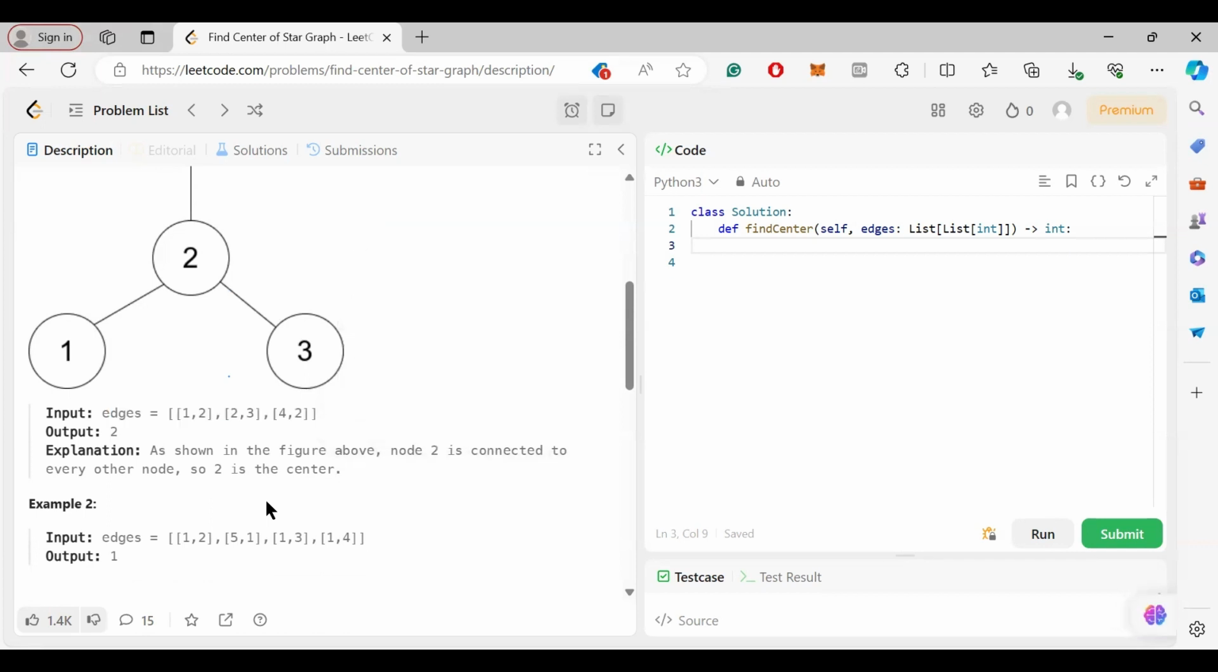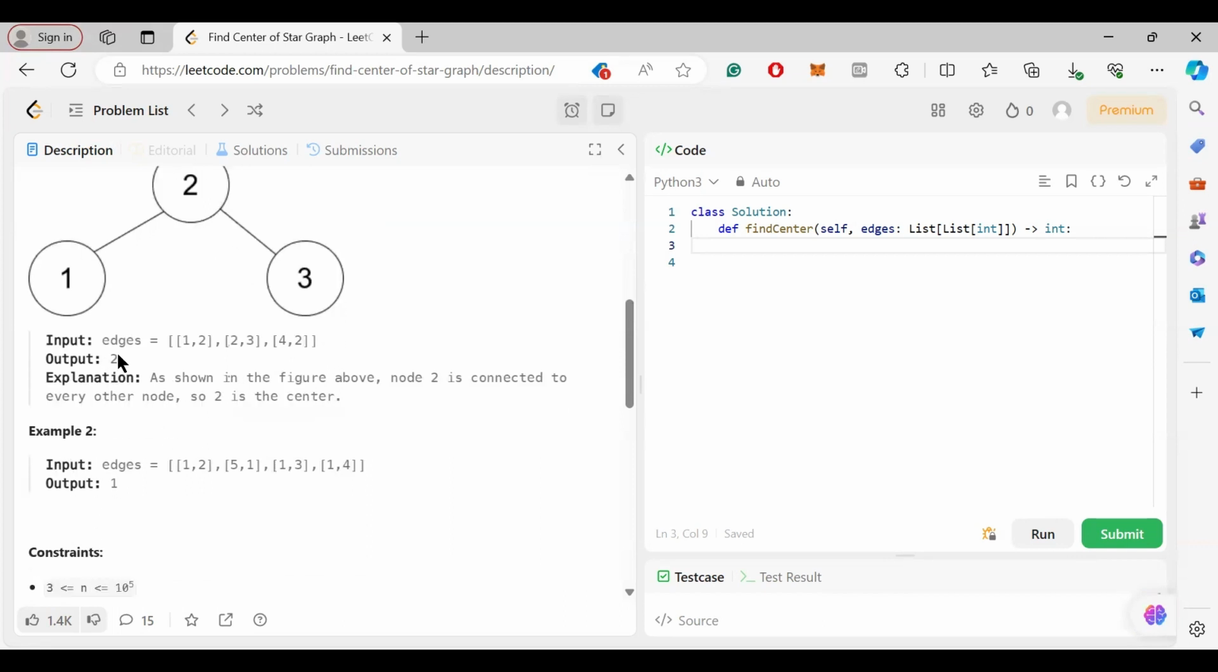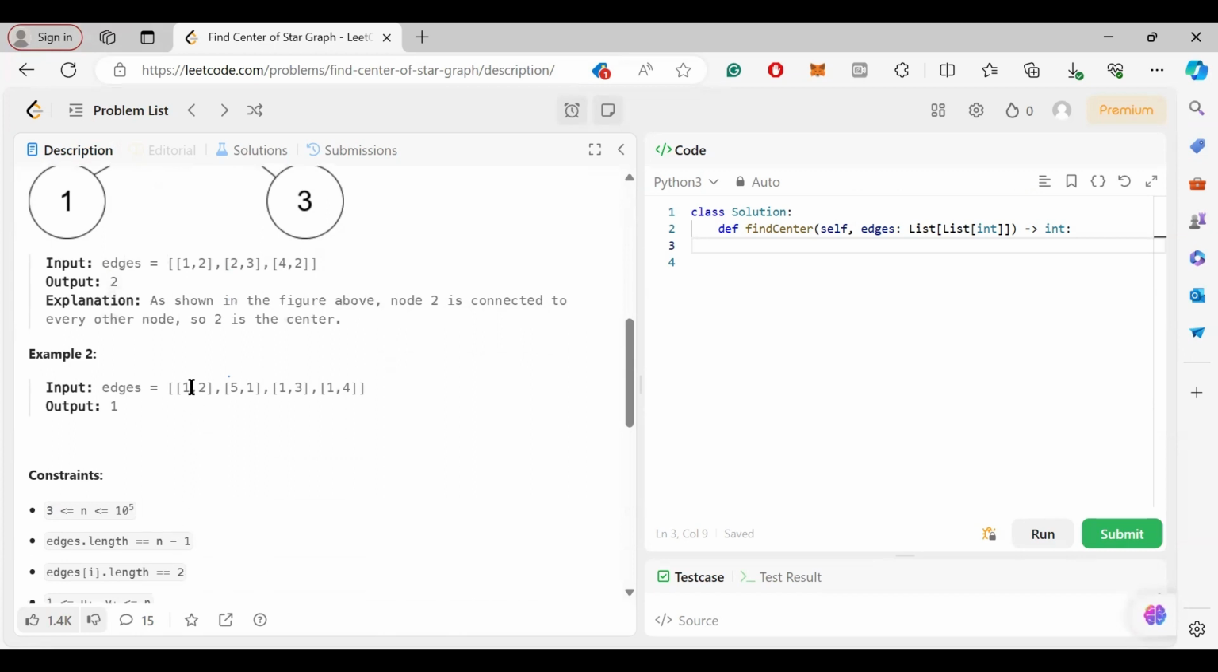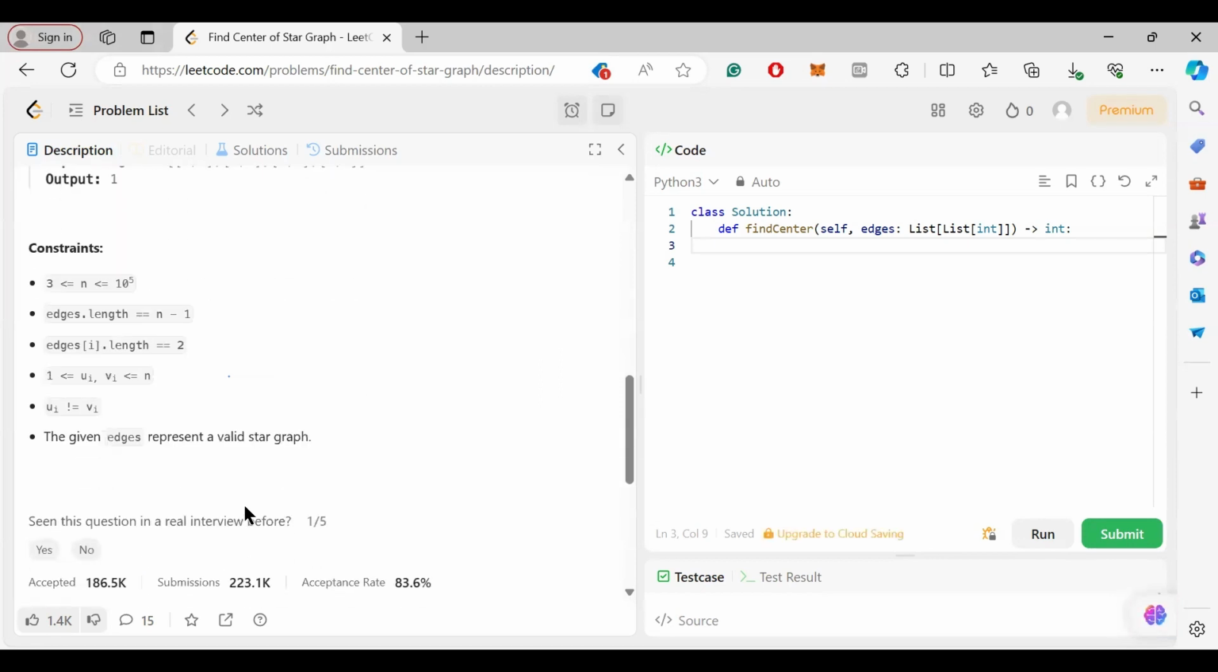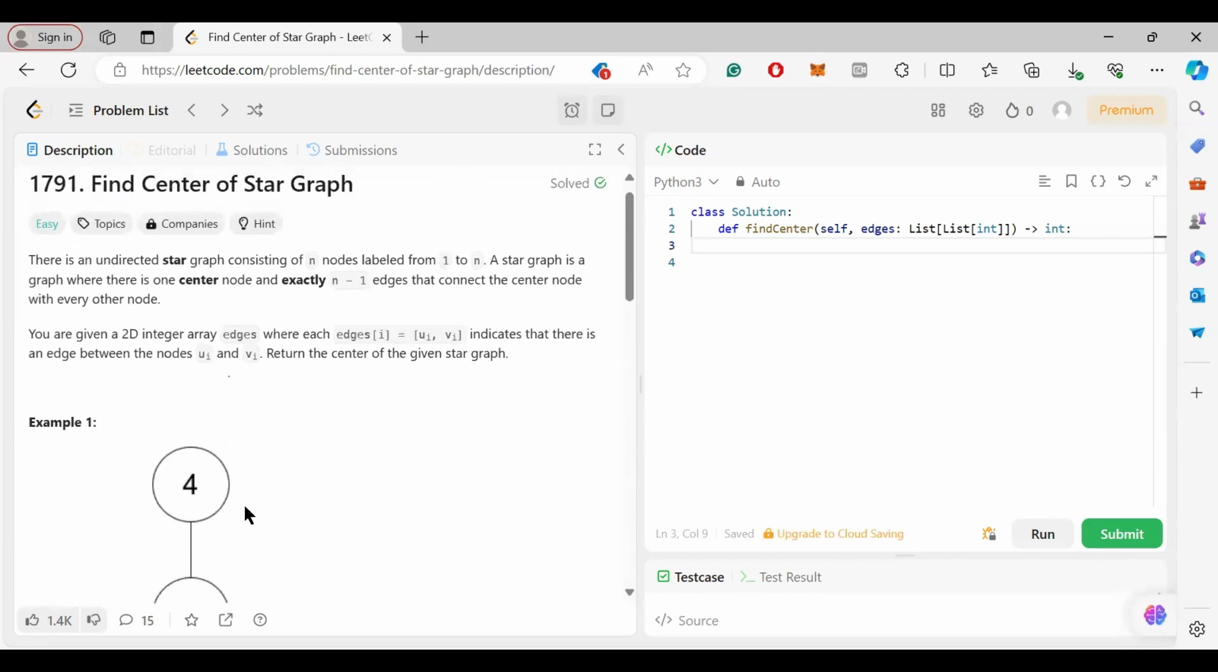When we observe this array, we can see that in every element there's a center for sure. Here there's two. So we just have to simply return 2. And in this also, we can see that every element of this array has one number in common, that is the center. So we can solve this using hash map,